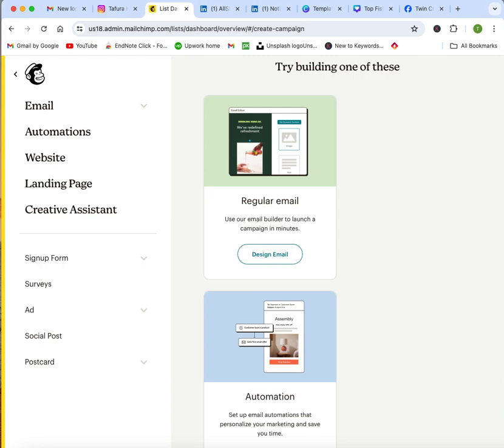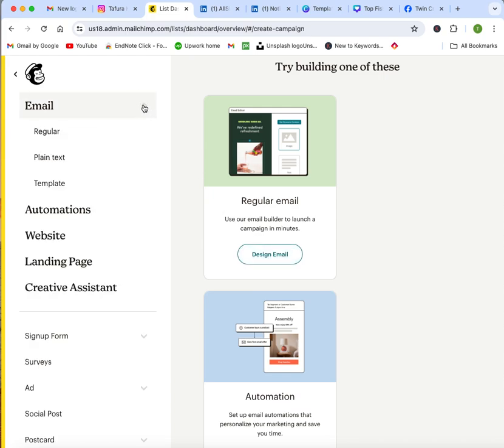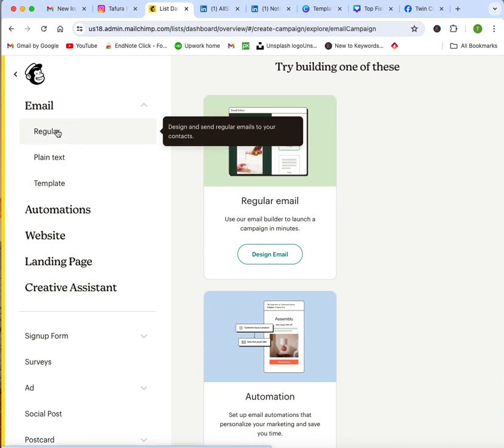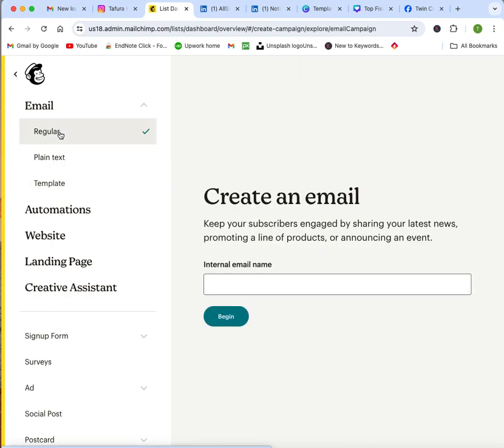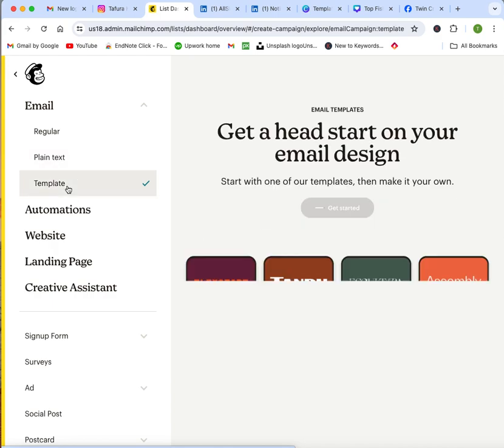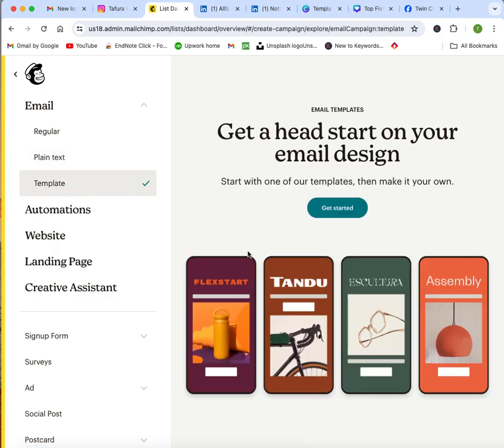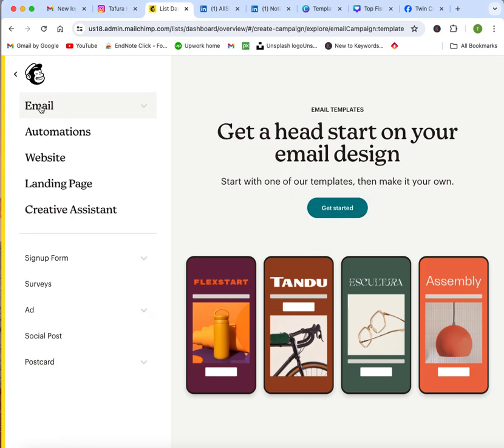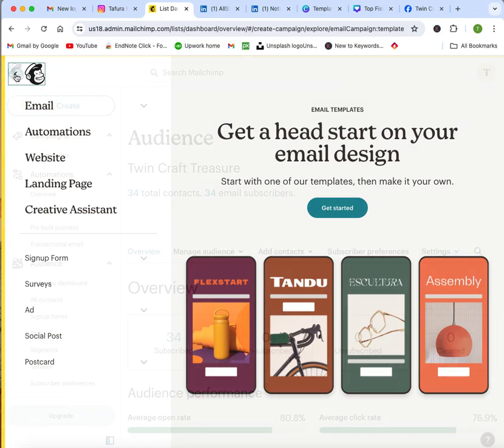So you can choose this email, or you can create from templates here. So this is all regular. Create an email. So you need to type in your email address, then you will start creating. Then plain text will be different, and there's different templates. So you can choose the different templates. Just click one, and then get started. So just go back and